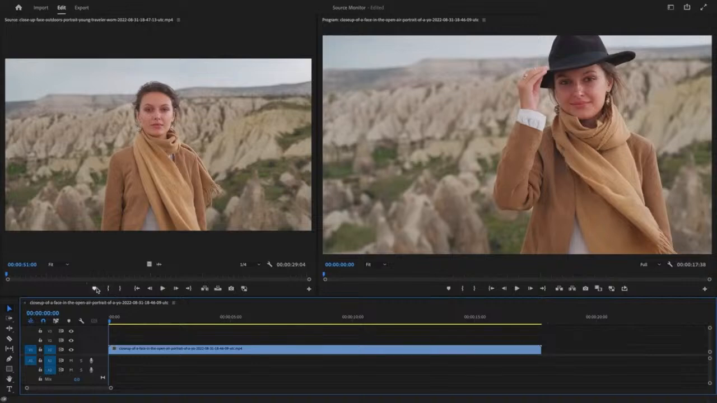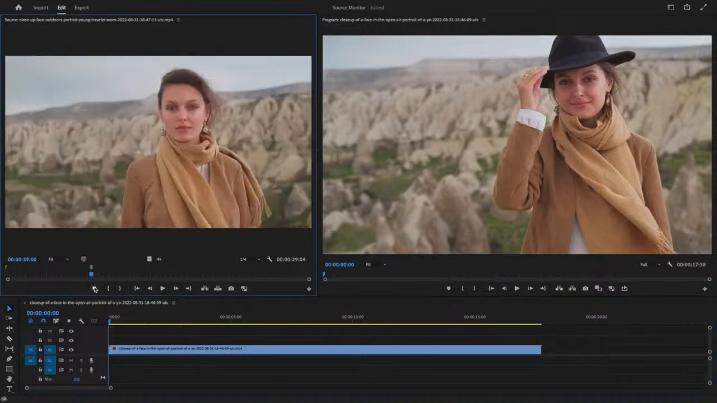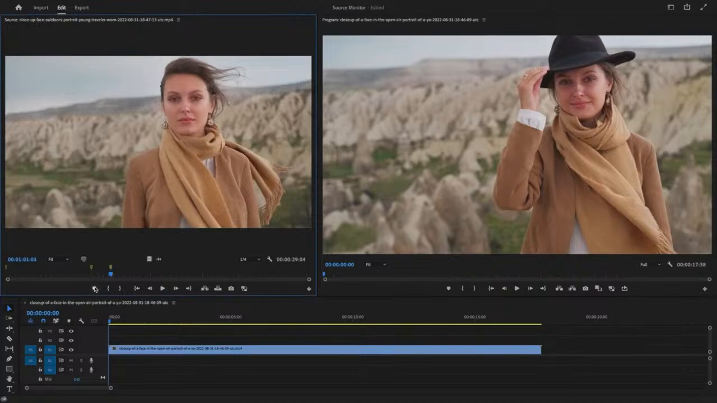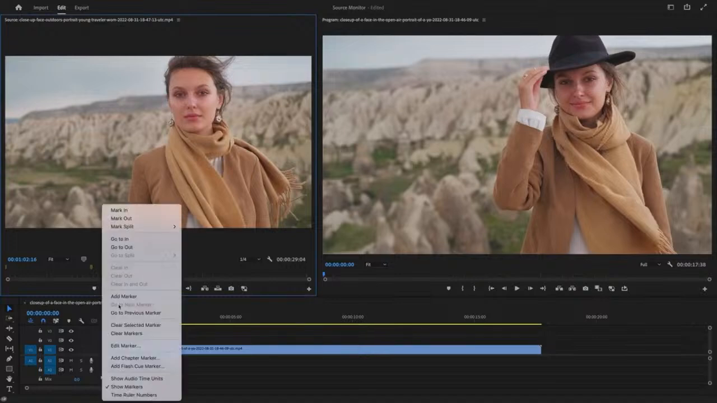We also have a marker option on the bottom of the source panel, or you can simply press M on the keyboard. We can add multiple markers to our footage. Markers are often used when we need different portions of the same video clip. To remove markers, simply right-click on the time ruler and choose either clear